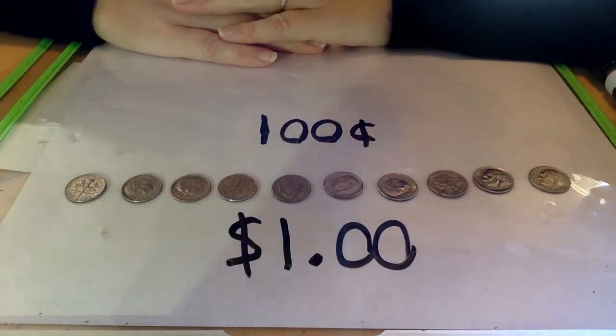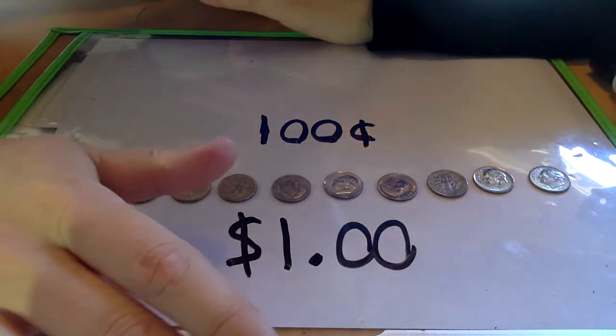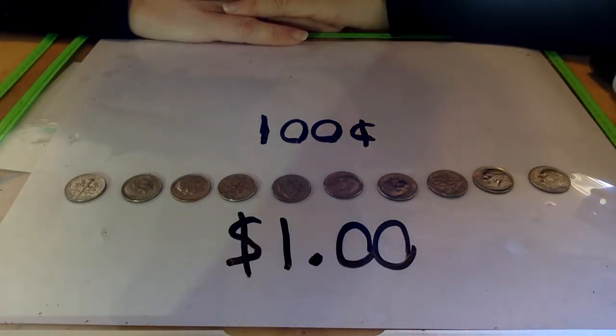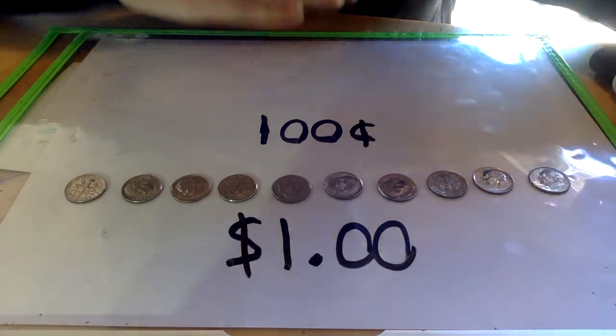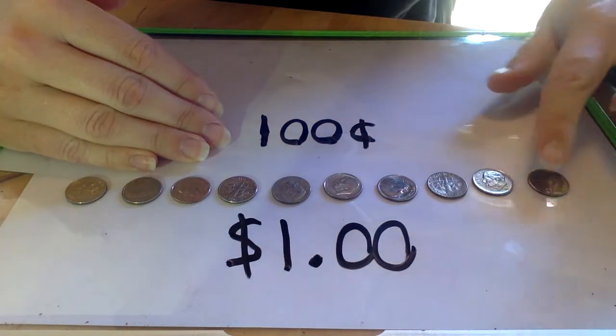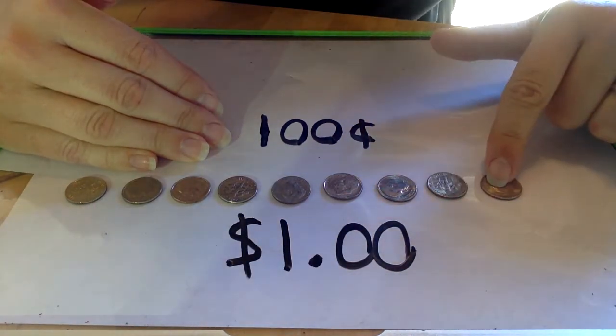Expert mathematicians, let's count down by tens now. So every time I take a dime away, we're going to go backwards by 10. So right now we have 100 cents. Minus 10 is 90,